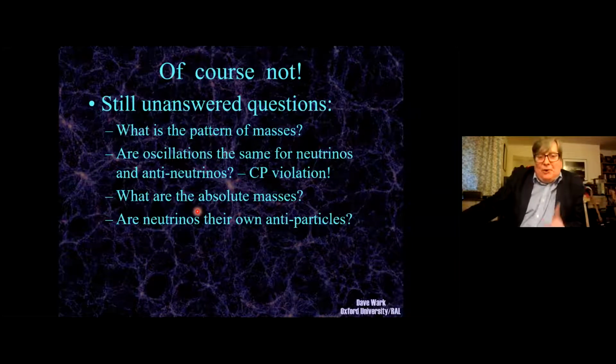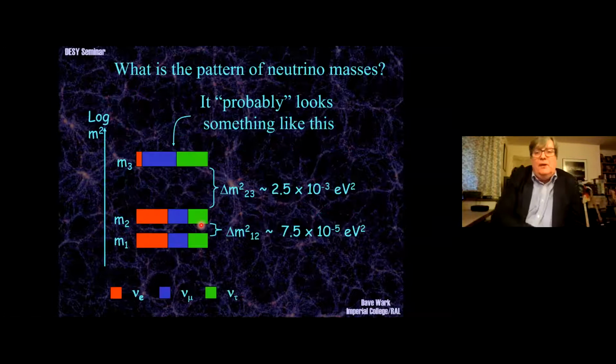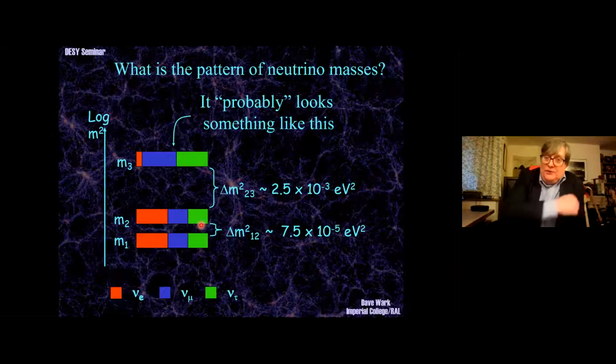Let's talk about these first two questions, the pattern of masses and the matter antimatter. So first, on the pattern of masses, like I said, a neutrino oscillation experiment measures the difference in the masses, but what's actually worse, it measures the difference in the squares of the masses, which means not only can't it tell you the absolute mass, it can't in principle even tell you the sign of the differences of the masses. And so we have two solutions which are consistent with existing experimental data from all those experiments I just told you about.